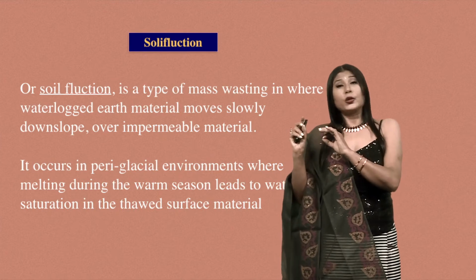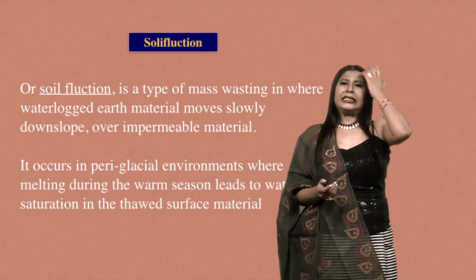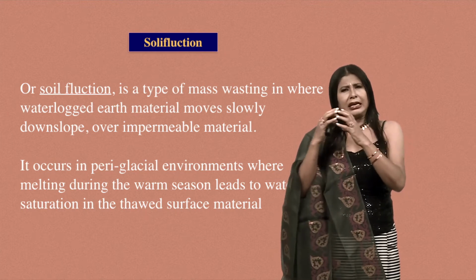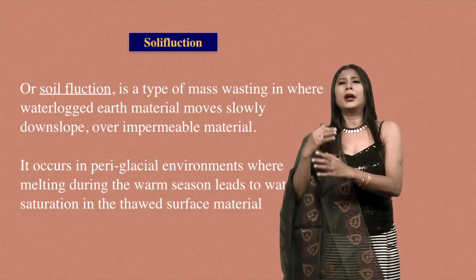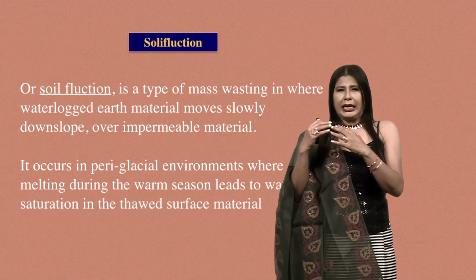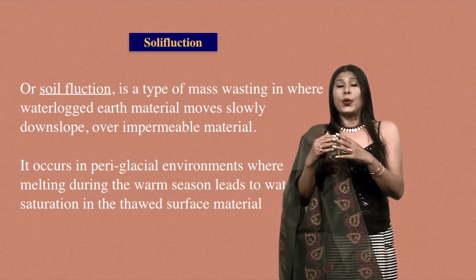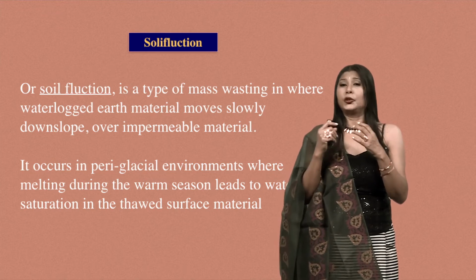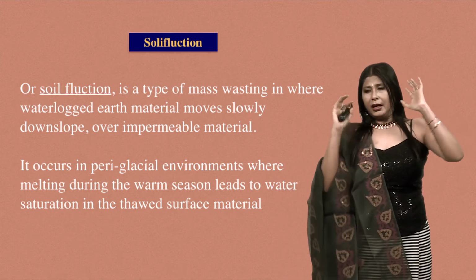And another one is solifluction. It is a type of mass wasting in which waterlogged earth material moves slowly down slope over impermeable material. It occurs in periglacial environments where melting during the warm season leads to water saturation in the thawed surface. So, in the permafrost area or periglacial area, permafrost is different, permanently frozen. Periglacial means sometimes a melt period is there. So, during the melting period,